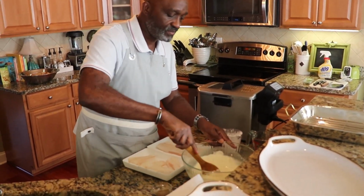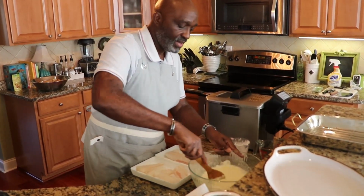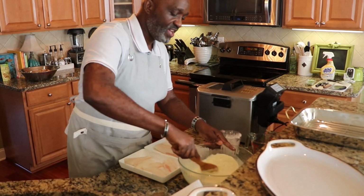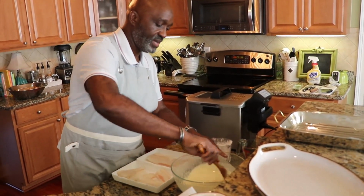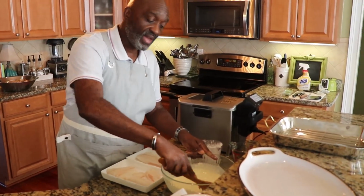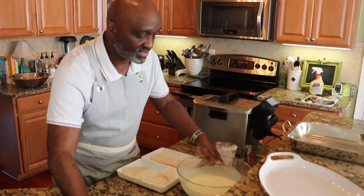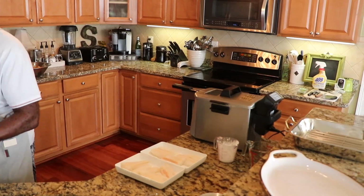And keep stirring it until I get it to the consistency that I want it to be. Once I get it to that consistency, then I'm going to sit it to the side. And we're going to come along and season up the fish. And we're going to go right into cooking the fish, the chips, the potato chips, okay? And I like them thin because when they're thin, they actually taste like potato chips. Freshly fried, hot chips. Batter's at the consistency that I want it to be. I'm going to seal it up, let it sit to the side, and then we're going to come back